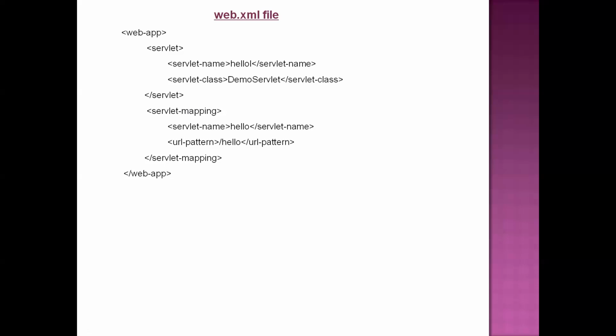So that information we will supply through the servlet-mapping tag. Now see, this is the structure of the web.xml file. Sorry, for any web application, we need to create one web.xml file. In that, you can store all your servlets' information.